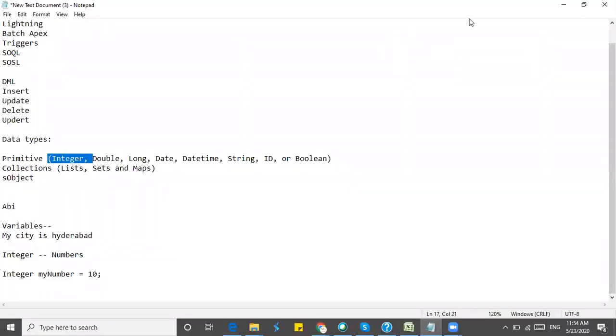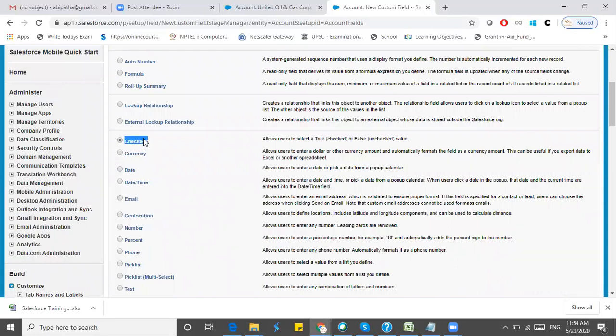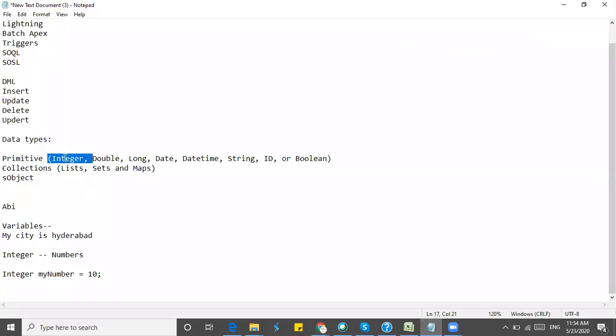Integer will not accept the checkbox field data value. Like a date: if it is a date type, we cannot store that data in integer type. If I create an integer data type myNumber and give it a date, like 02/05/2020, then Salesforce will not accept it, because this is date type and we have defined it as integer type.